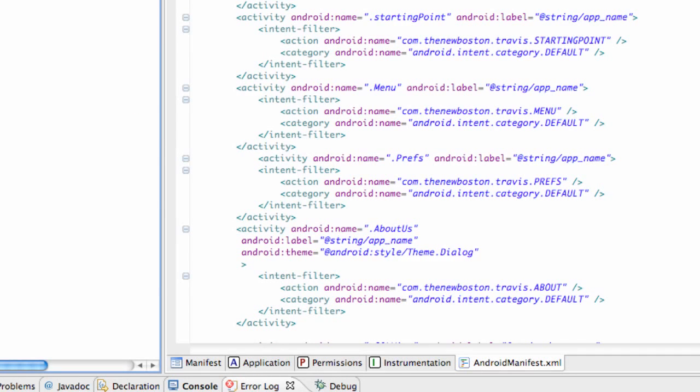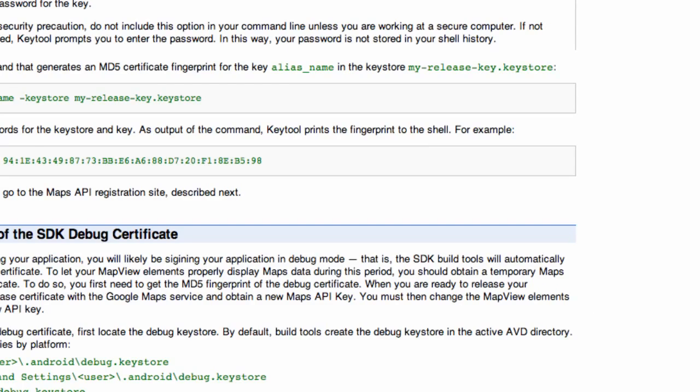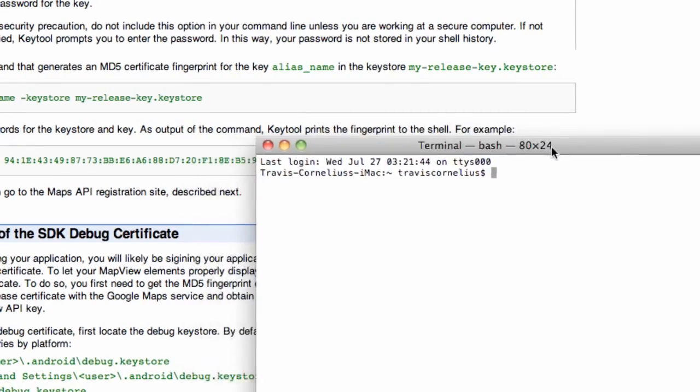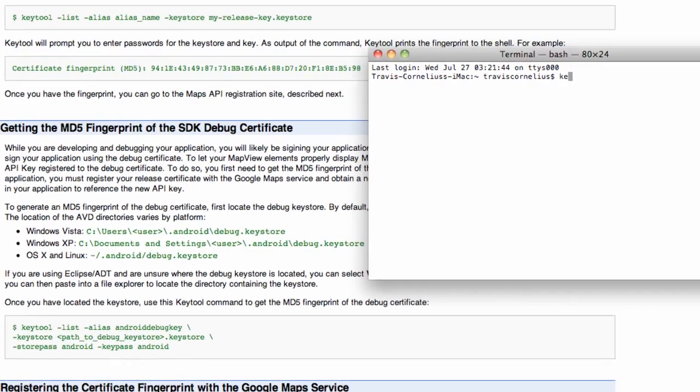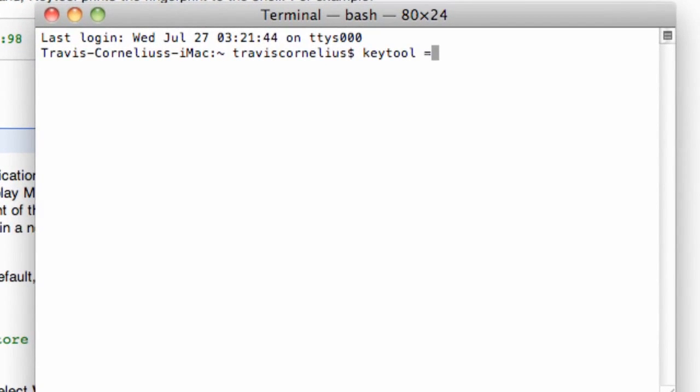And there we go. Now we're going to open up our command prompt, and we're going to basically type what is right here. So pretty simple. What you guys want to type out is keytool -list -alias androiddebugkey -keystore